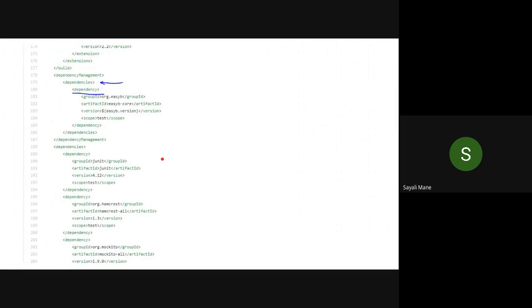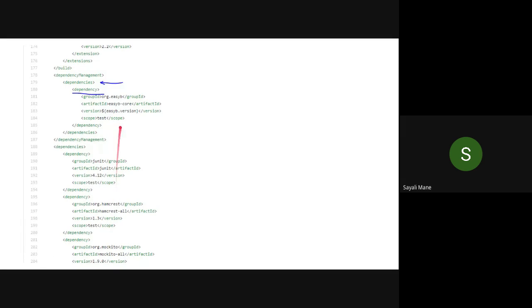Then scroll down again to line number 180. In 180, there is again a word called dependency. So you will get to know which dependencies are there in your project, like JUnit and many more.